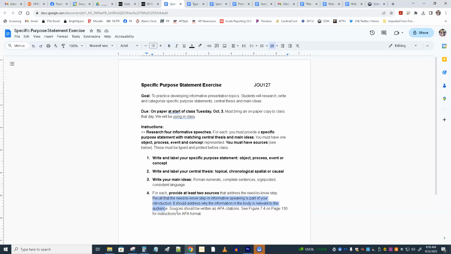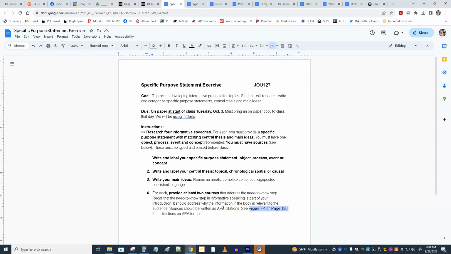So we want to create a need to know. Our sources have to energize and make us enthusiastic about the information. We use the APA citation method, which you do your best with, right? If you get something from Wikipedia, you can do that. It's okay to do, and it is a little odd trying to cite it. You just do your best to use the citation method shown. And you can see in your textbook on page 130, in this figure, how you would cite different things: magazine articles, websites, books, and so on.